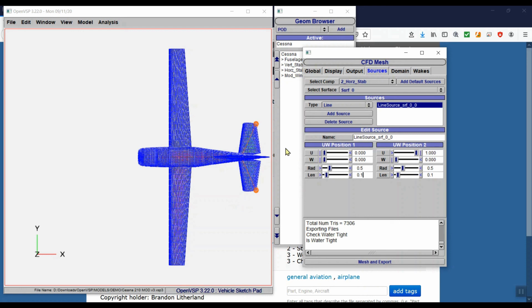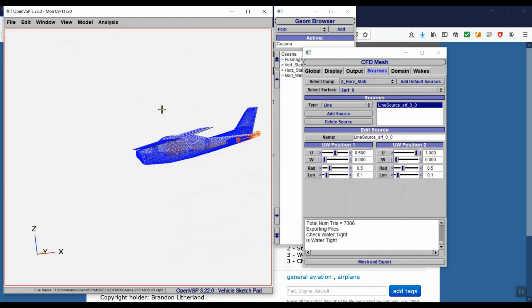And then we're going to try to get this to turn into a straight line. Okay, so that should be adequate for the horizontal trailing edge. So the influence of this area right here on this stabilizer is going to have an increased density. So let's look at the left side,